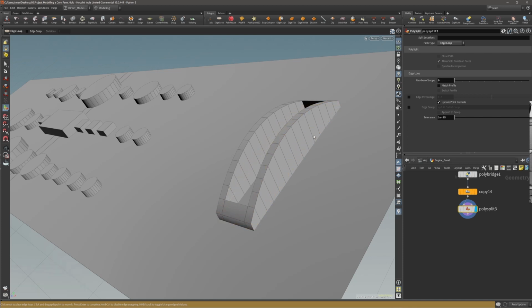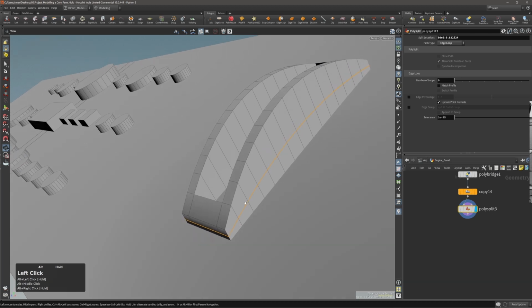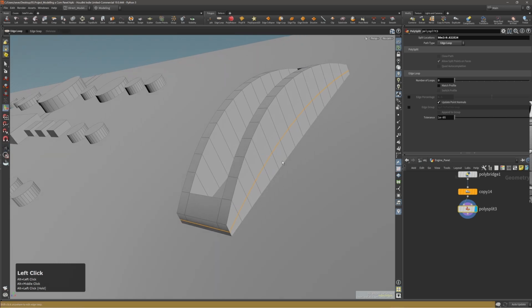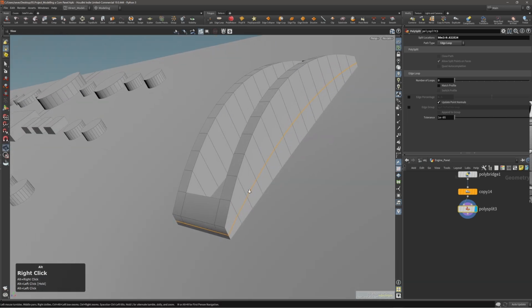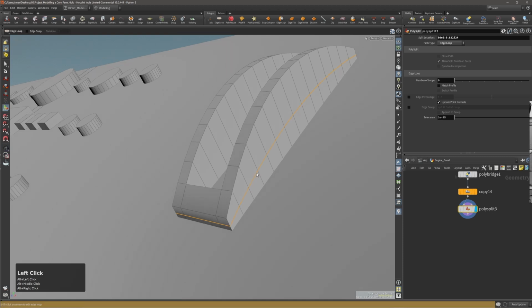Now, if you're having problems like this, it's really not a problem. We can actually do this in a few ways, but I will show you this way. I could use knife easily, but I'm not going to use knife. I will use edge loop, and then with my